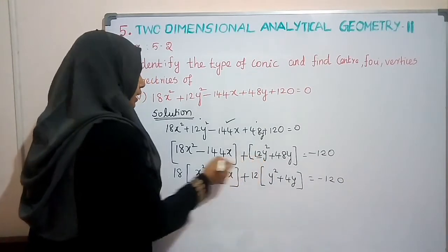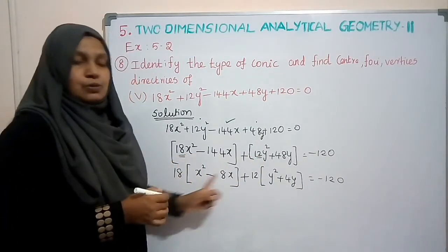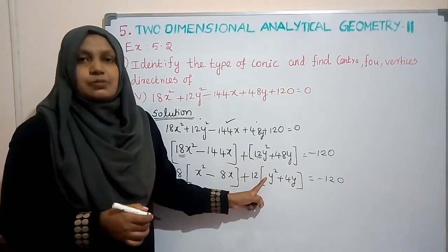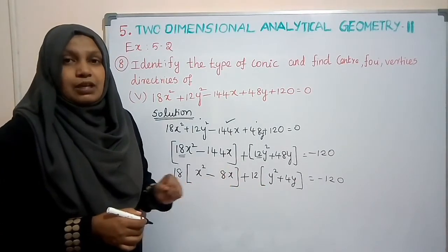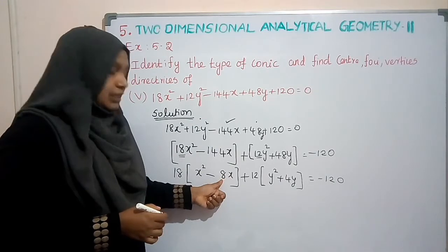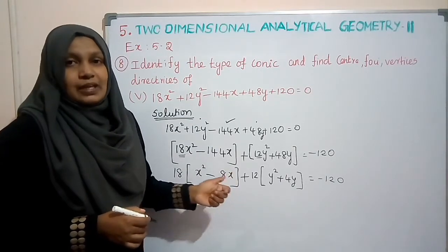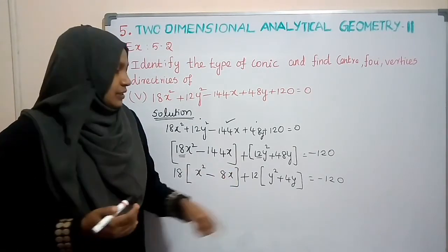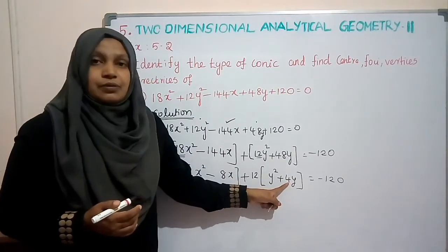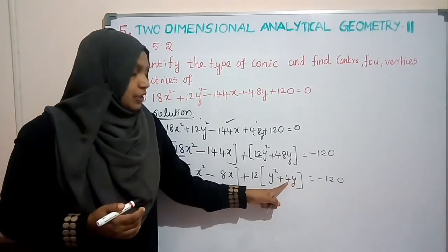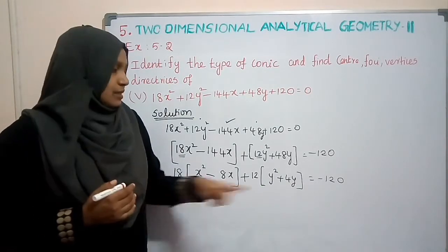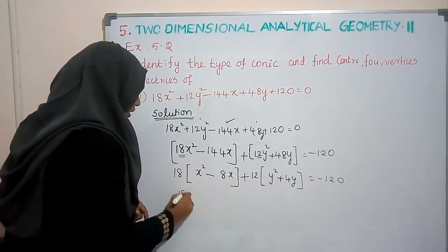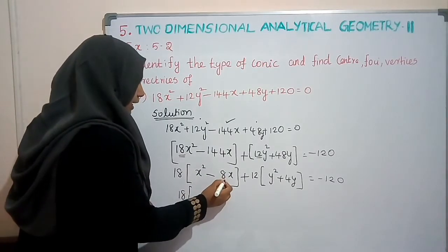So whatever you have, that value you should take it outside. Then only the coefficient becomes 1. After that we can make it as perfect square. In parabola we did x coefficient divided by 2 the whole square term, we have to add and subtract. Here also, y square, the coefficient of y divided by 2 the whole square value, add it and subtract. Okay. See inside the bracket 8 by 2.